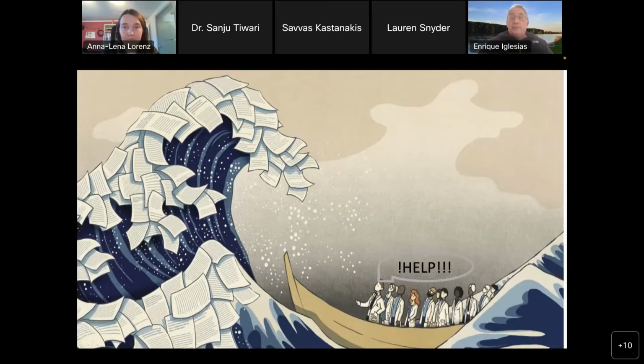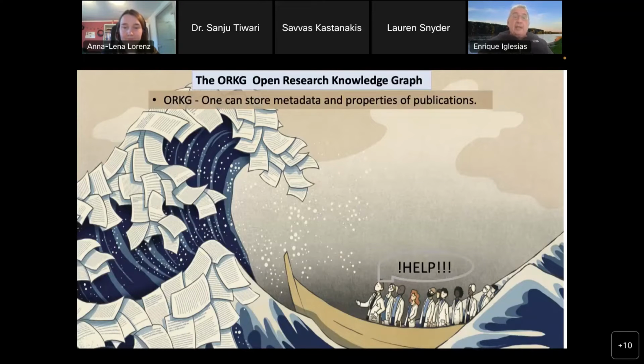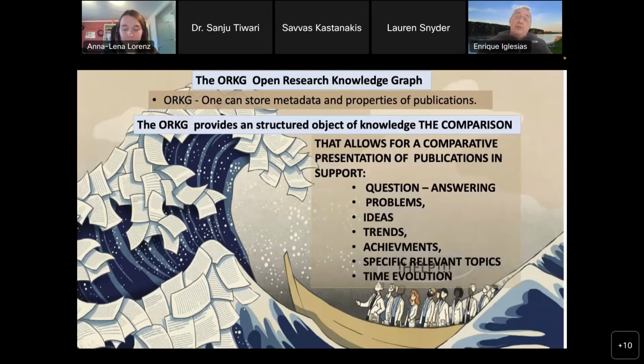So they need help too. And the ORKG, the Open Research Knowledge Graph, can come out with this help, because, to start with, the ORKG can provide you with the stored metadata and progress of publication. So to start with, you will have that. But the ORKG also provides you with the structured representation of knowledge, called the comparison,